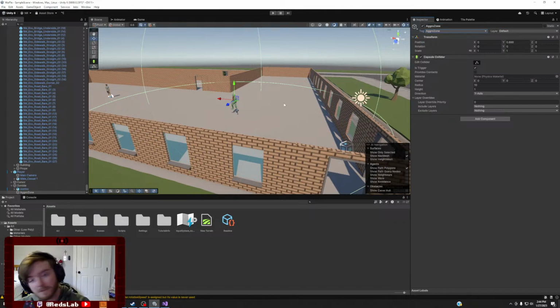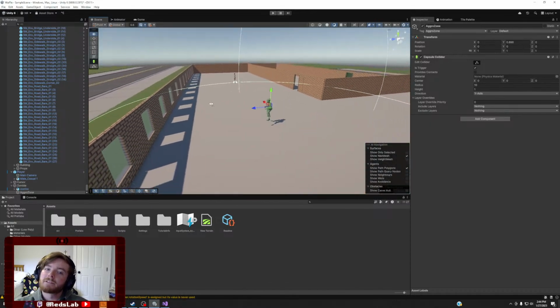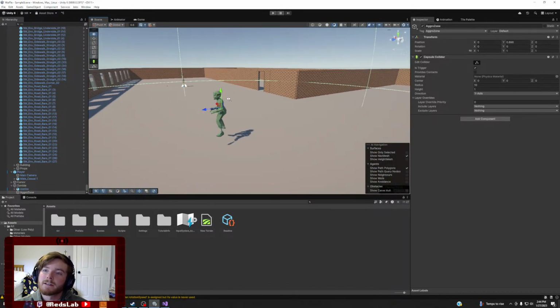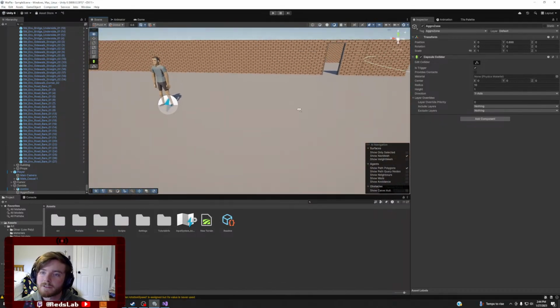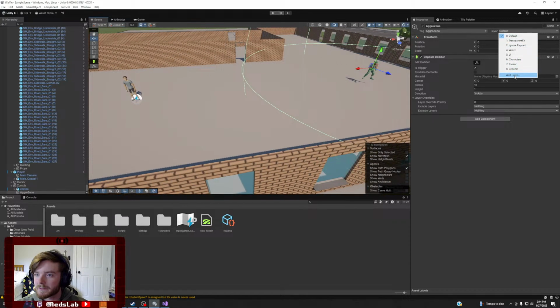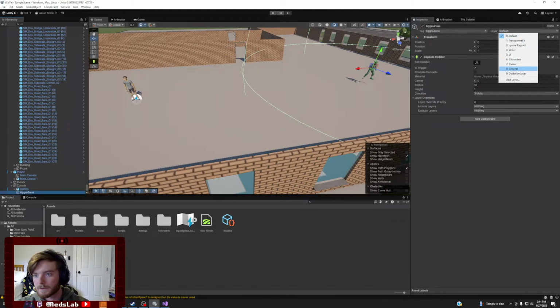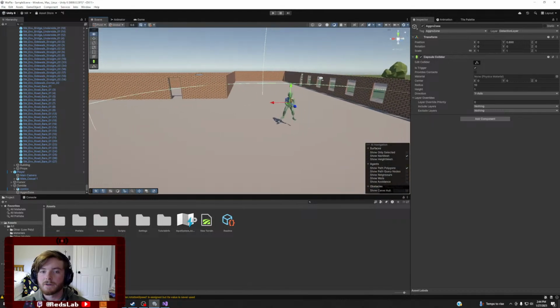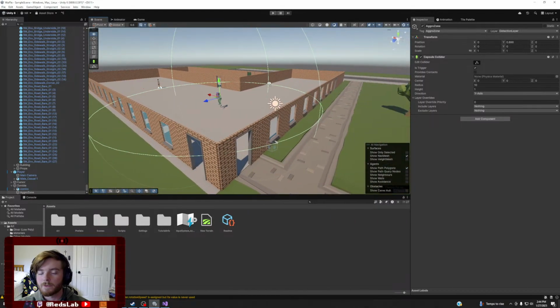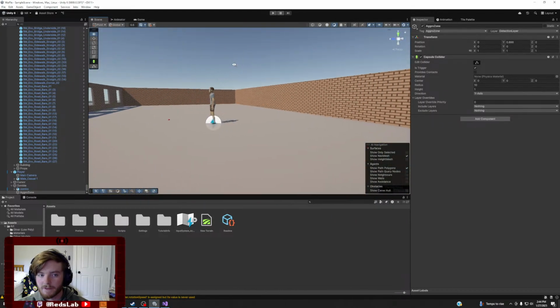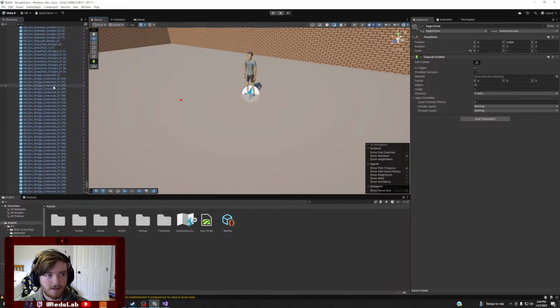So we're going to be able to basically interact with some of the things. It's very good to tag and have layers. So we're going to layer this as, let's see, detection layer. This will be the detection layer. So that will be nice. Set that to detection layer. Any of our detection colliders we probably want to exclude from some of the colliders. So for instance,